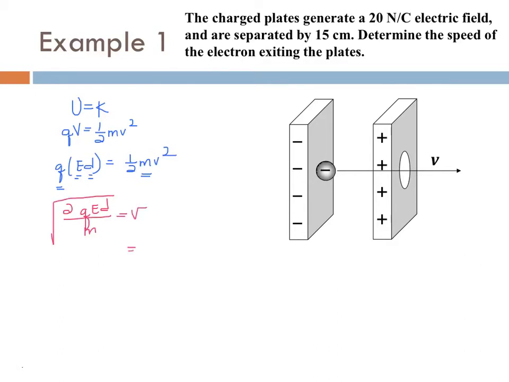So then you can plug in your numbers. You have the square root of 2. The charge of one electron is 1.6 times 10 to the negative